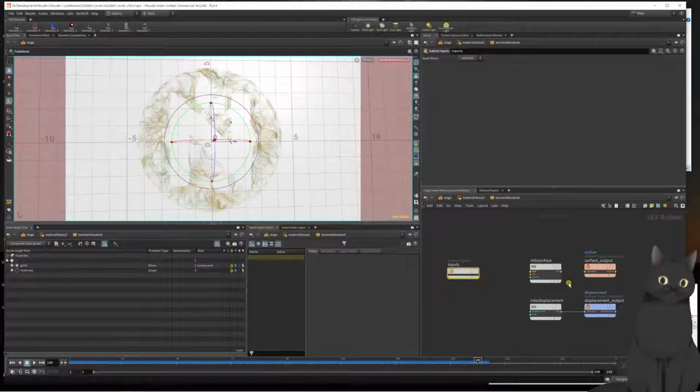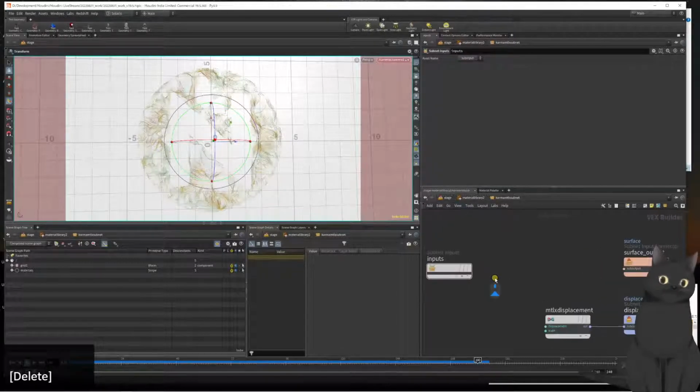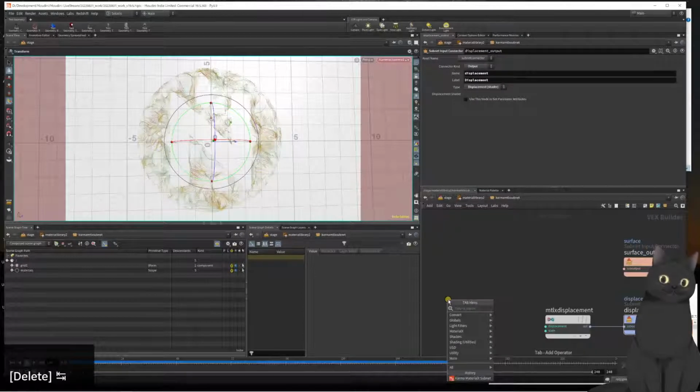I also don't need the inputs here. All I need is a standard shader. So in here, in this context here, in the common material X subnet, we have the really nice feature of only material X nodes being displayed in here. So let's use a standard surface here, and then